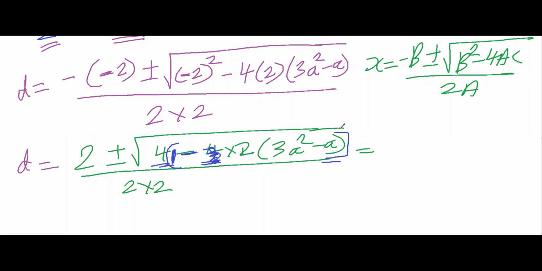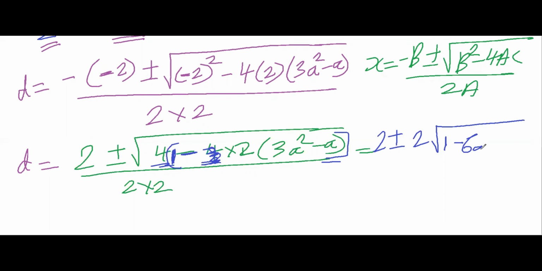I will get only this part. 4 I have taken common. So what is square root of 4? Square root of 4 will be 2. इसको बाहर लेके आऊंगा तो ये 2 हो जाएगा, तो वो मैं यहां लिख रहा हूं 2 प्लस और माइनस 2, स्क्वायर रूट के अंदर जो बचा वो क्या बचा 1, 1 माइनस 1 माइनस देन 3 2 जा 6,